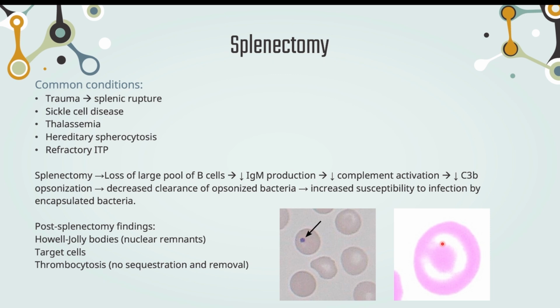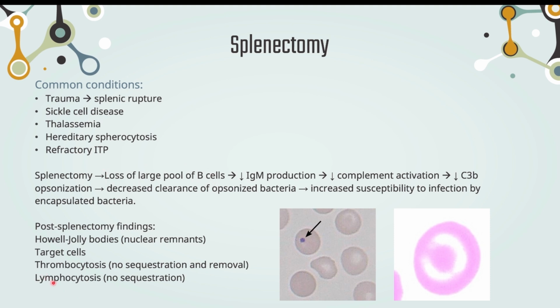Because there's no sequestration of the thrombocytes in the spleen. Another feature is lymphocytosis. Again, this occurs because of loss of sequestration. Now, you might be wondering, earlier I told there is loss of large pool of B cell, but here I'm